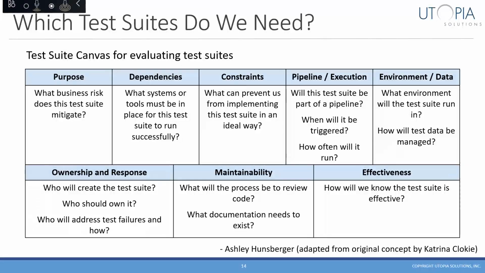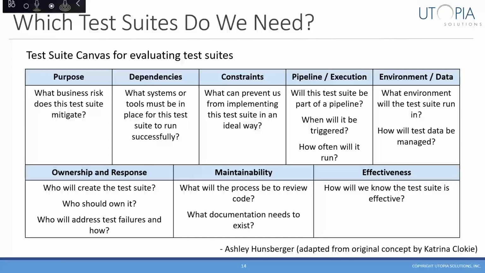Then I think there should be a group exercise as well. So not just an automation engineer working in a vacuum, but the entire team, right? It's not 2 weeks of planning. It's a handful of hours where the team gets together and talks about the test suites that they think they need as part of their pipeline. You know, it's very easy sometimes just to say we're going to have an API integration test or an end-to-end test, and not really think about the details that will go into all that, how it fits into our pipeline, and ultimately who's responsible for it. So this is, I think anyway, a very important step in the process.